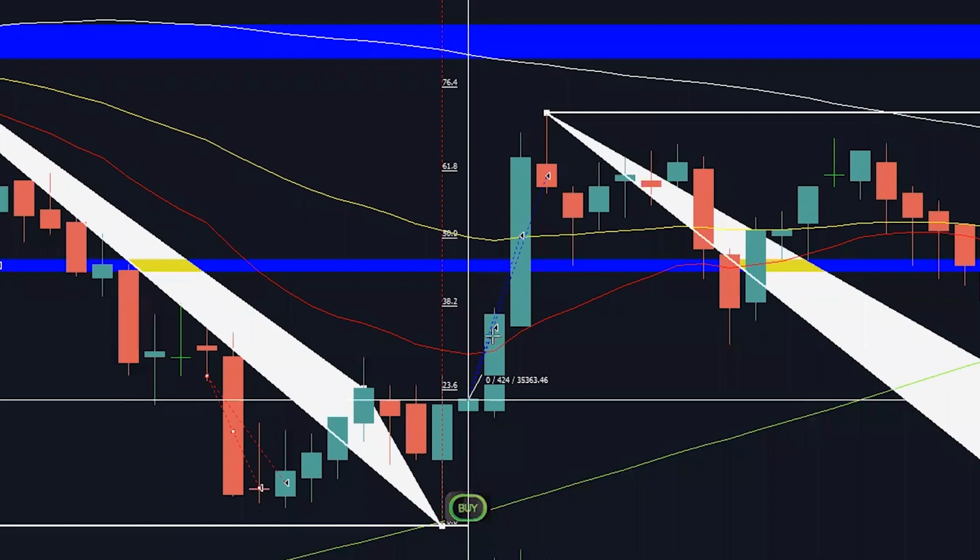And I took it for 12 pips. I took it for my first partial as it was passing the 20. I wasn't sure if it was going to reject it and shoot down. That's why I take partials often. It then shot up and touched the 50 SMA. I took my second partial, and then price got right at the top of the 50